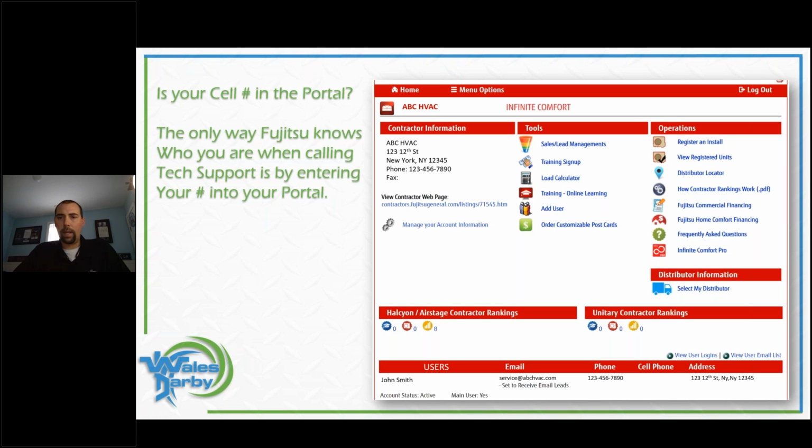We have how the contractor rankings work. So if you go down towards the middle there, you'll see Halcyon Air Stage contractor rankings, and then to the right, unitary. That's what moves you up or down the leads list, right? So when homeowners are coming to our website, the Fujitsu General, and they're looking for service or new installations, based on how many installations, or we'll start left to right, based on how many training points, you got the blue